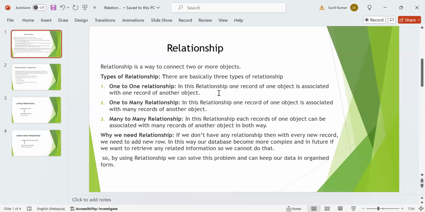Number two is the one-to-many relationship. In this relationship, one record of one object is associated with many records of another object, right? For example, suppose in one object I am storing the customer name and customer ID, and in another object I am storing the order number, customer ID, and order item, meaning what item he is ordering to purchase.